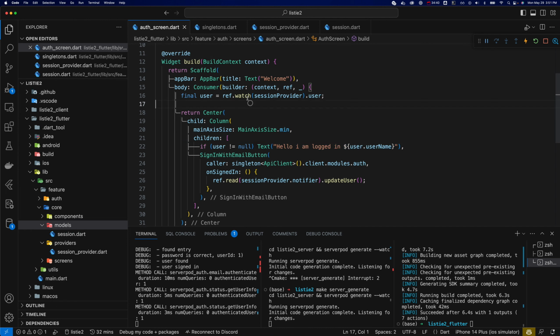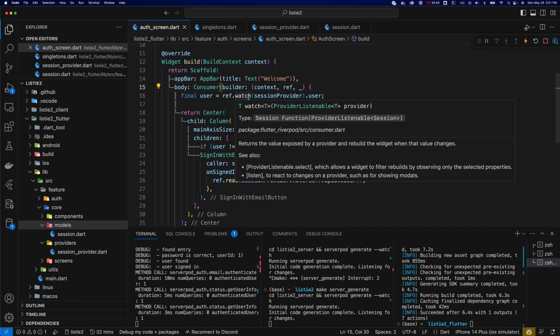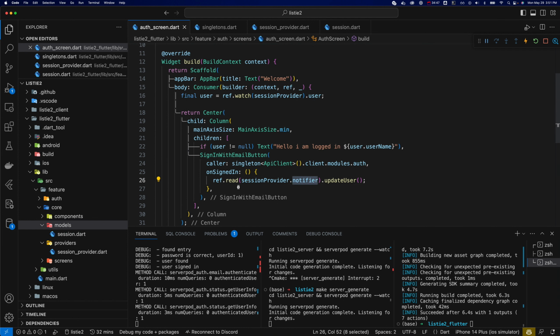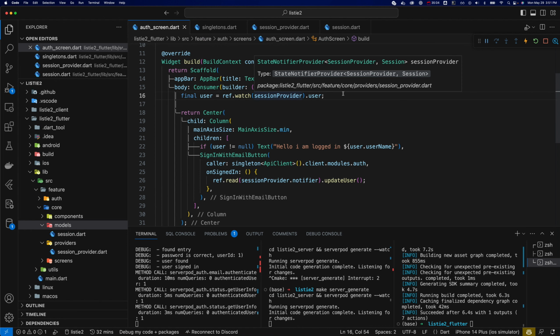One thing I want to explain is the difference between watch and read. Read generally you would use, especially when working with a notifier. You never want to watch a notifier. There's no need to. It would probably just lead to memory leaks. This is when I'm activating something as a one-off call. I don't want to keep watching it. I'm just doing it. Whereas watch is something within your UI, within a consumer widget. You can basically be like, hey,